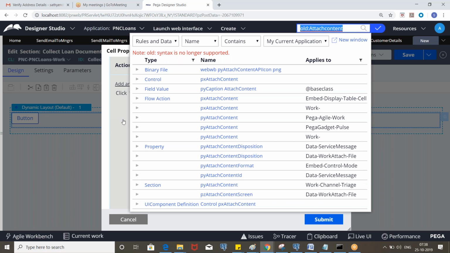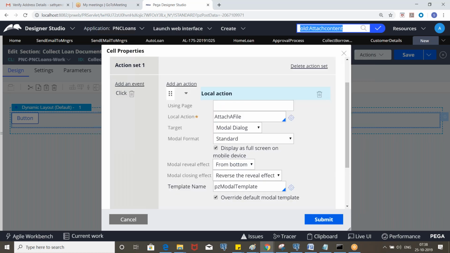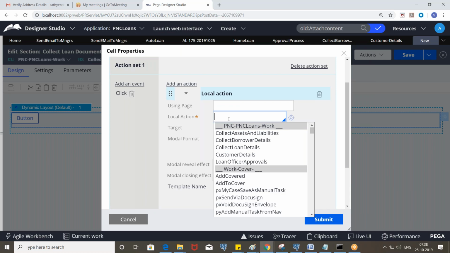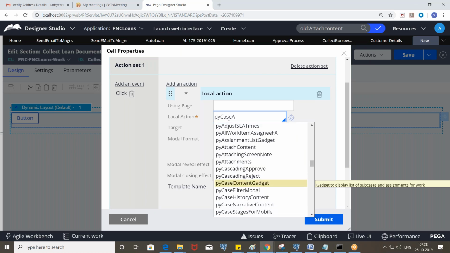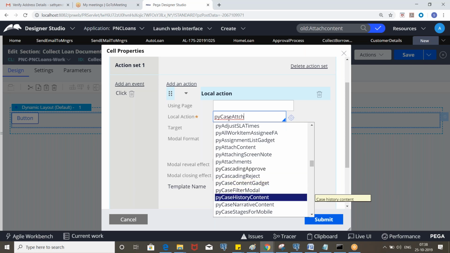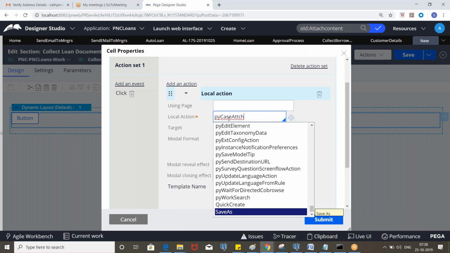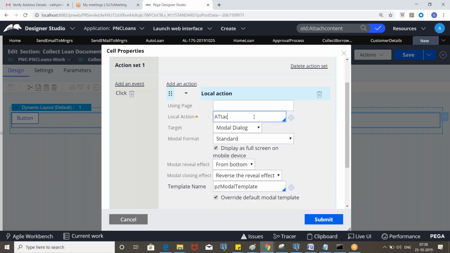Not this one. Okay, so let's use attach a file and see.